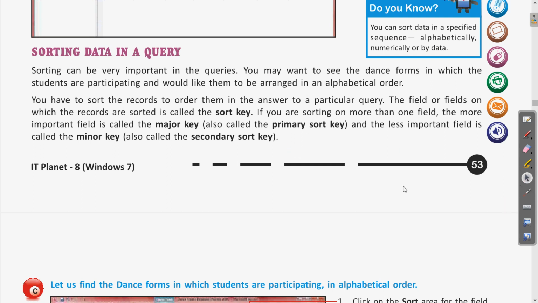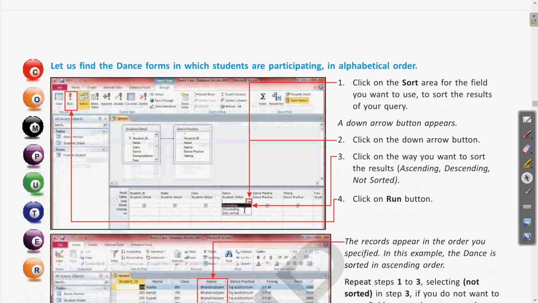What are the steps to do the sorting? When you open the query design window, we have the sort option, and in this sort we get the ascending and descending options to choose from the drop down menu. Whatever sequence you want to use, we can choose from the drop down in the sort option. This will give you the result sorted on the basis of that specific field.